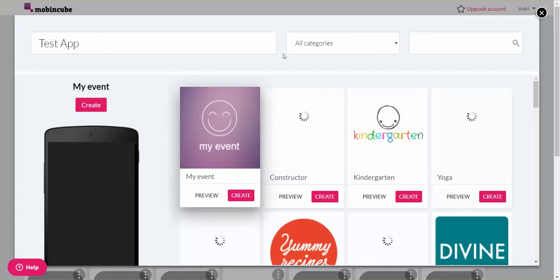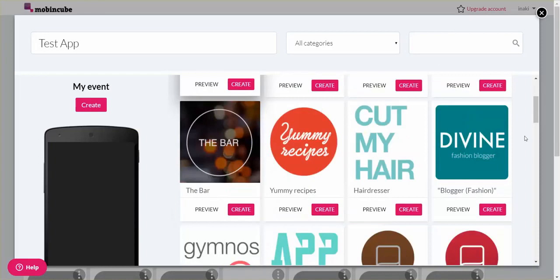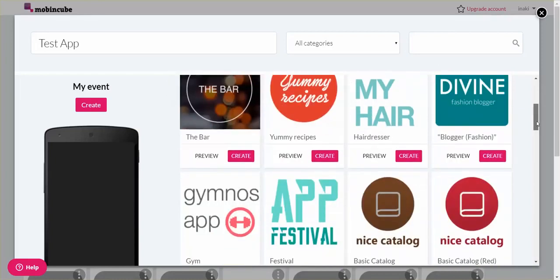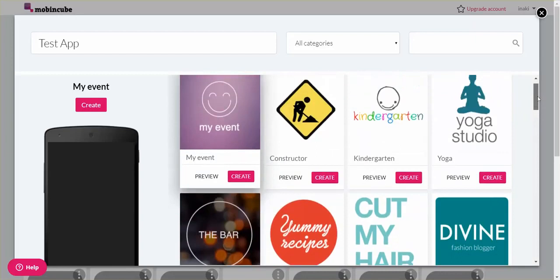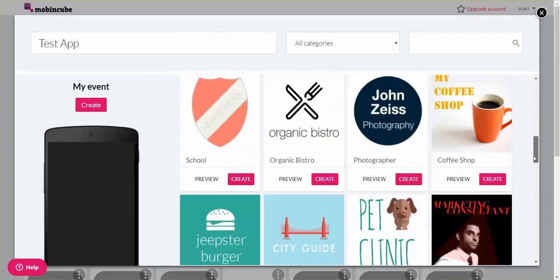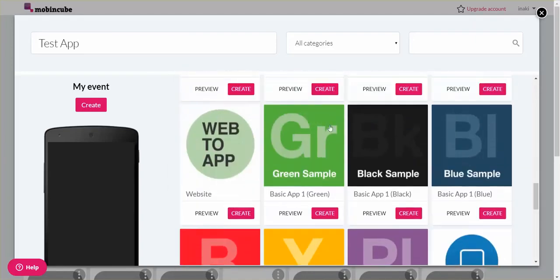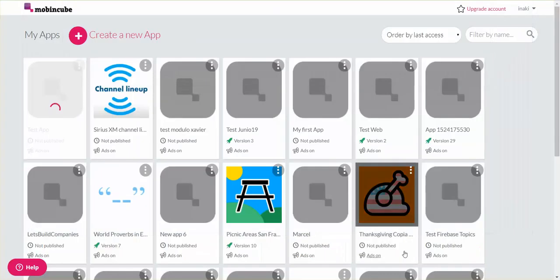And you can pick one of them. If you already have a business, there might be a template more appropriate for your business, but if not, you can just pick one. There are even some like green samples, black samples. These are not for businesses, but if you pick one,